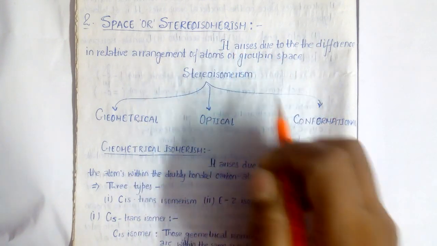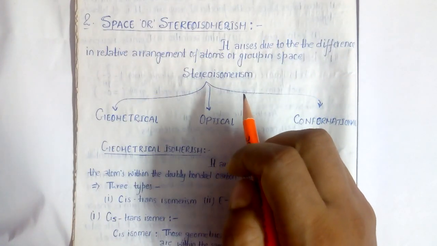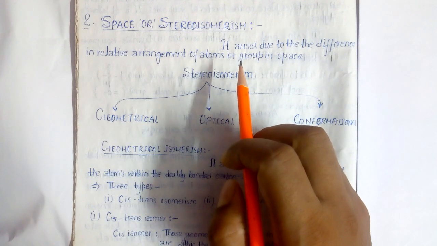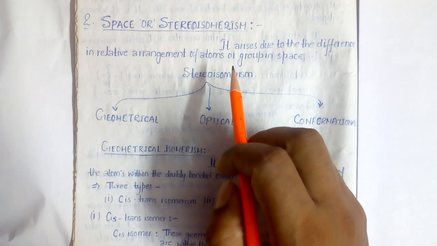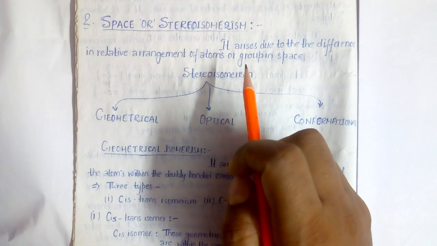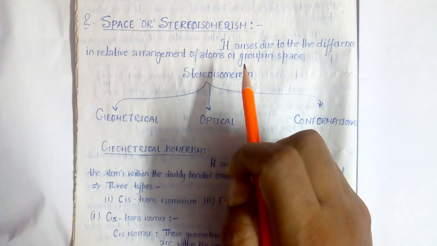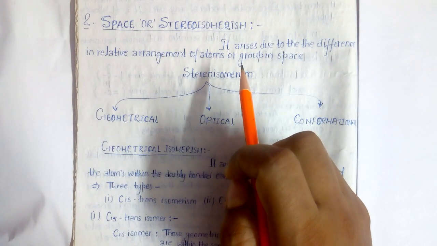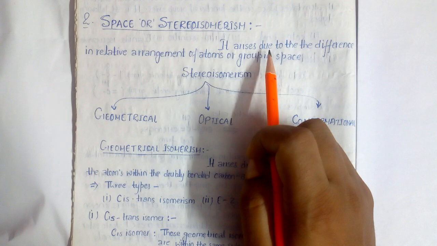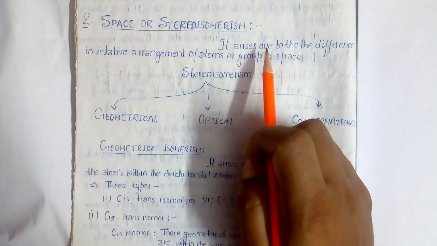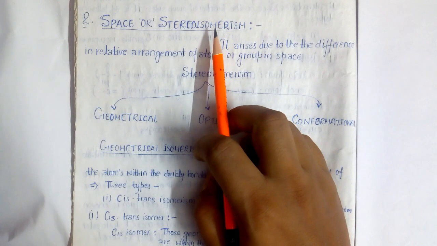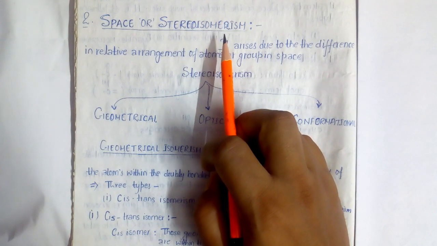As all of you know, I have earlier discussed structural isomerism in two parts. One is from chain isomerism to functional isomerism, including chain isomers, position isomers, ring chain isomers, tautomers, as well as functional isomers, and in separate videos tautomers in three forms: keto-enol form, nitro form, as well as cyanide-isocyanide form.